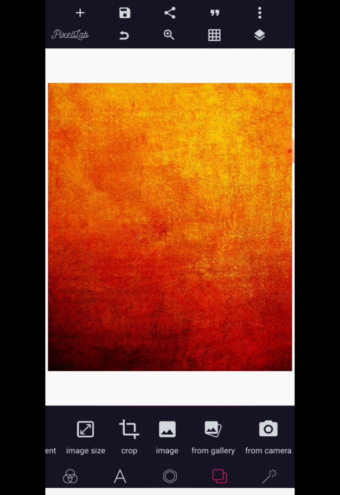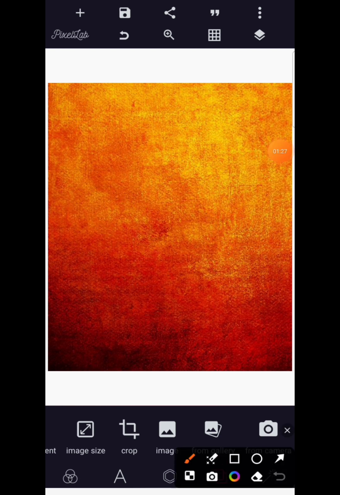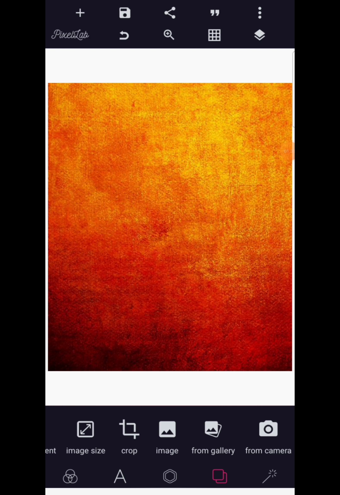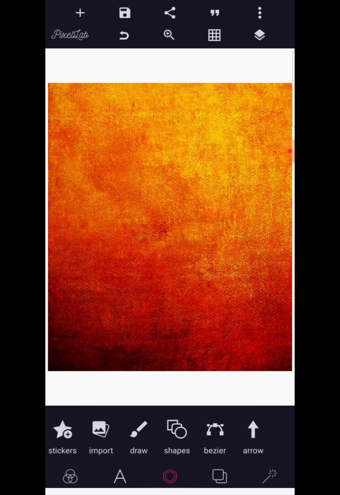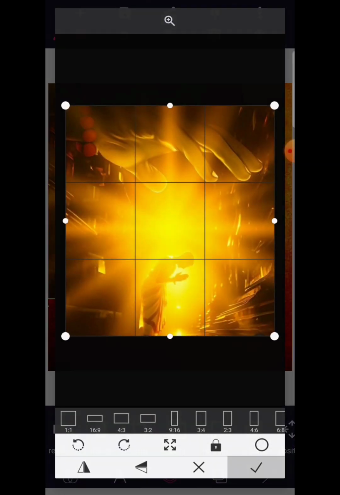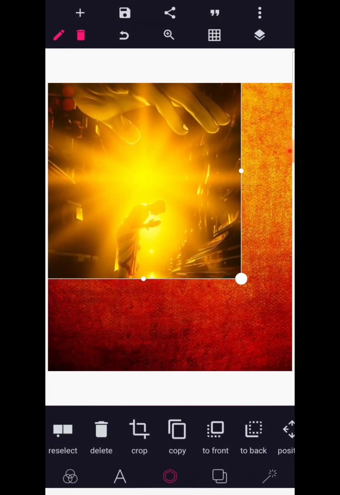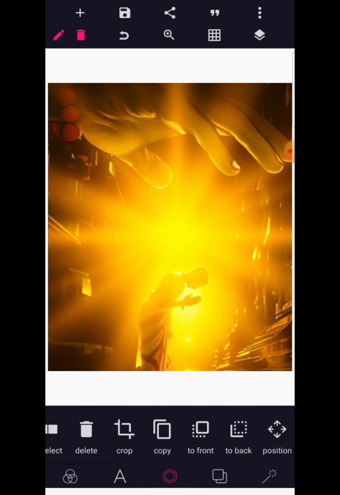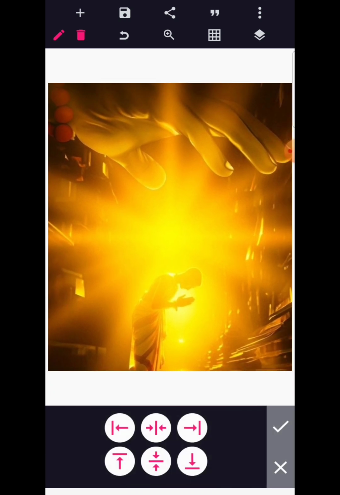But we're not just going to work with this background alone. As you can see, we're going to bring another background, and this is where the awesome trick of blending backgrounds comes to play. So we're going to click on this middle button, import another overlay. So here I have this other background. Let's size it up to fit the entire design area so that it can look like an overlay on top